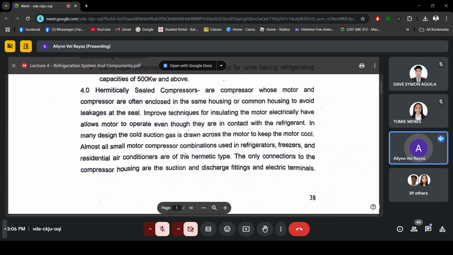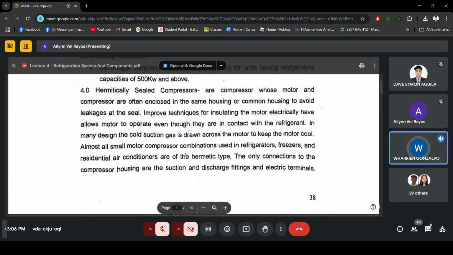Okay, so next we have the hermetically sealed compressors. Hermetically sealed compressors are compressors whose motor and compressor are often enclosed in the same housing or common housing to avoid leakages at the seal. Improved techniques for insulating the motor electrically have allowed the motor to operate even though it is in contact with the refrigerant. In many designs, the cold suction